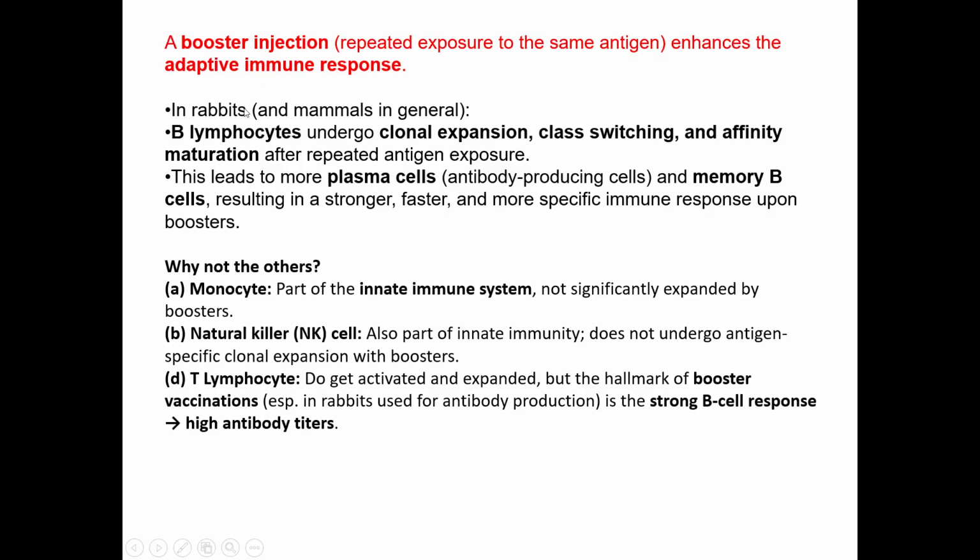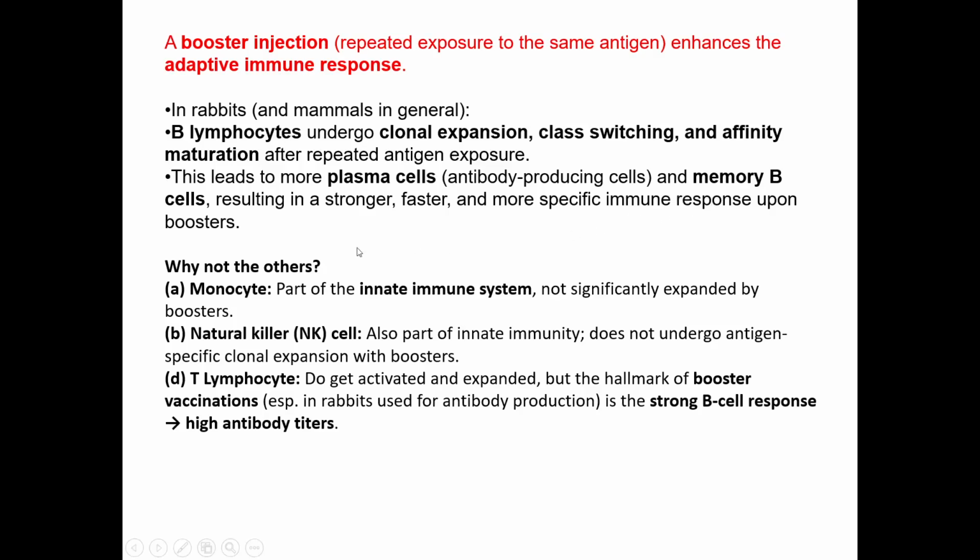In rabbits or mammals in general, B lymphocytes undergo clonal expansion, and then class switching and affinity maturation after repeated exposure to the same antigen. So this leads to more plasma cells and B cells, resulting in stronger, faster, and more specific immune responses